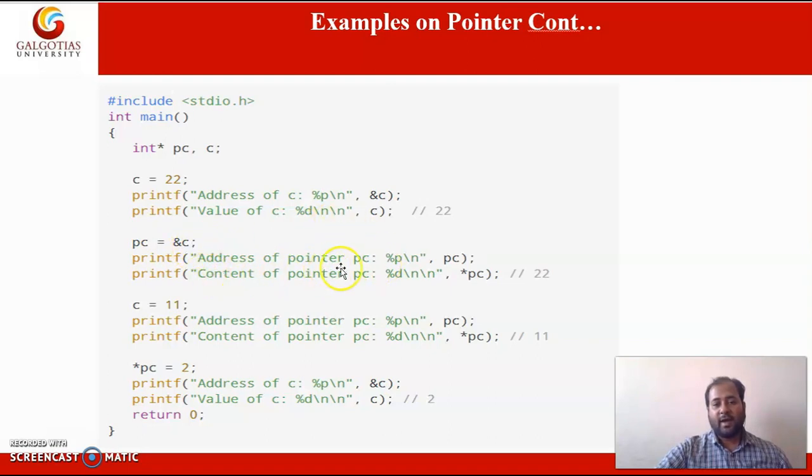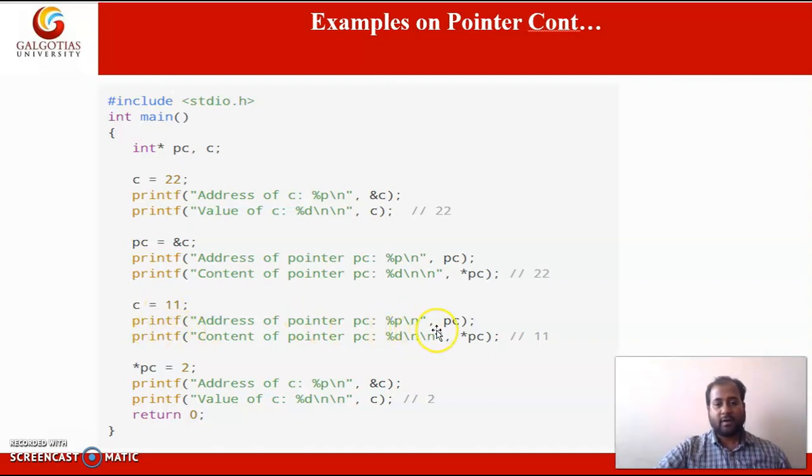The address of pointer PC is &PC, and the content of that pointer is *PC. In this way we can access the address. In the next statement we reinitialize the value of C to 11.